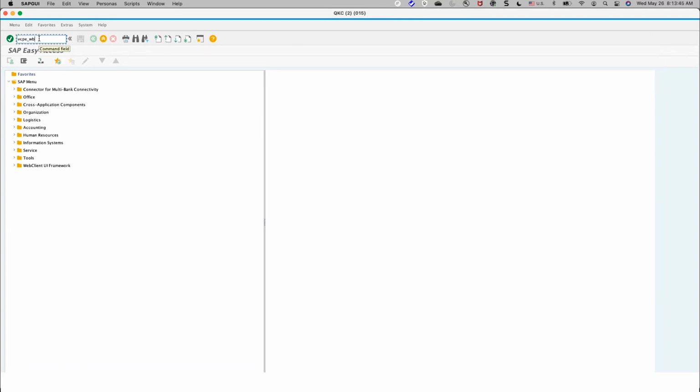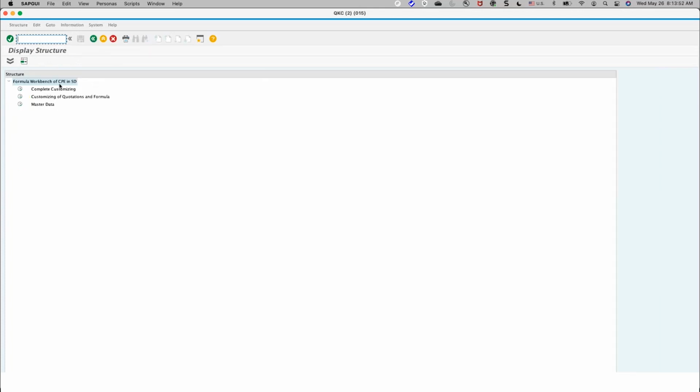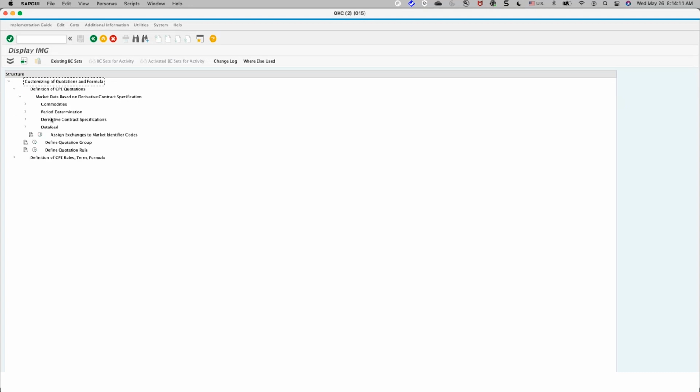Let me show you the customizing workbench for CPE. This is the same T code that we saw earlier. In this workbench, you can see there are different nodes: the customizing part, the quotation formula, and the master data. Let me first take you through the quotations and formulas. Here, there are different places where you can define your DCS, your mix, everything, which I won't be covering anyway. So for quotation rule,